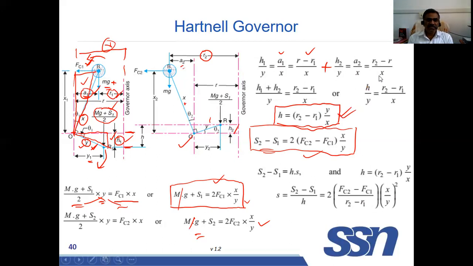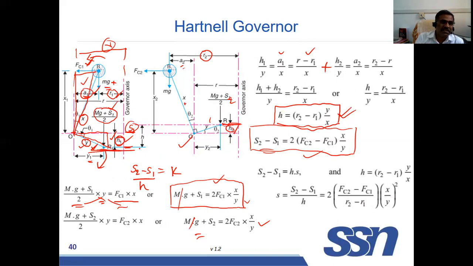So this will help to find the stiffness of the spring. How to find the stiffness of the spring? At this position, the spring will be slightly compressed. The spring force is taken as S1. Now this is another position. At this point, the spring force is equal to S2. So the net force is equal to S2 minus S1. What is the deflection? Deflection is equal to h1 plus h2, that is taken as h. So the force divided by deflection is equal to stiffness.